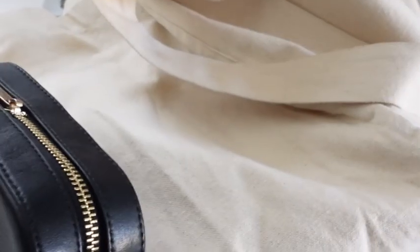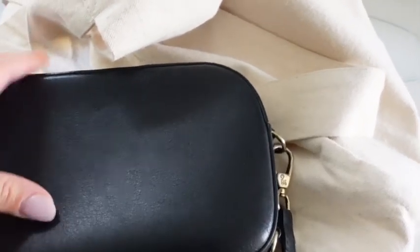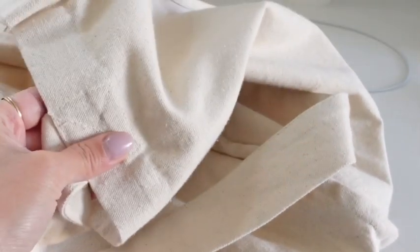All right, so I just wanted to keep it real with you all. I have my little crossbody that I brought, and I love having this. I actually bought it for a wedding, but it's just too small. It doesn't fit my camera and everything that I will probably buy. So unfortunately, the only thing that I brought other than this bag, really poor planning, is this canvas tote